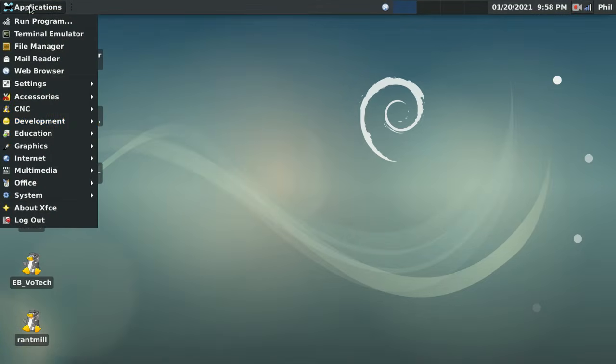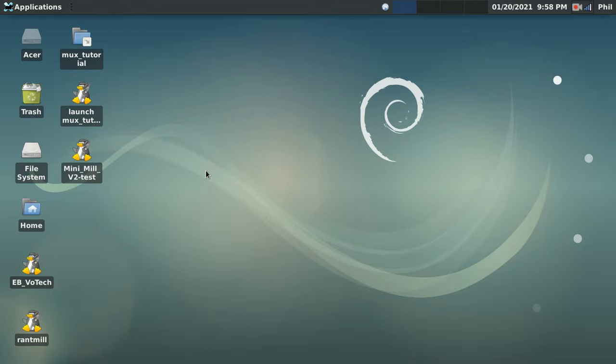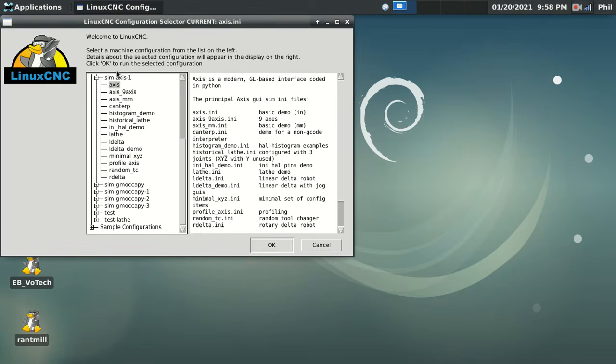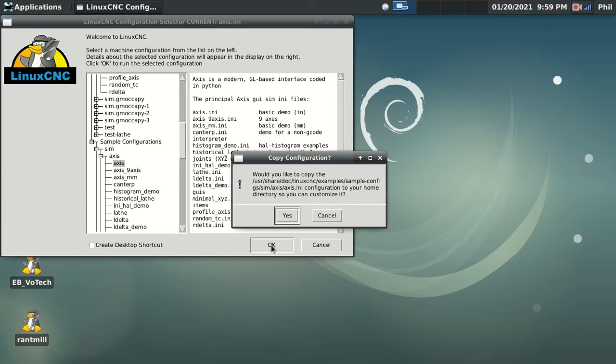So to get started, under Application, CNC, LinuxCNC, it's going to load up the configuration selector. And from here, under Sample Configurations, Sim, these are all my simulated working environments. The two that I'm going to cover are the Asus environment and the Gmocha Pi environment. If I select Asus under the drop-down menu, and then I select Asus as the first selection and hit OK,